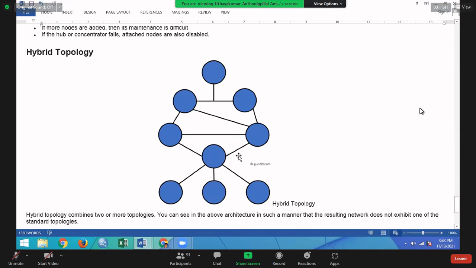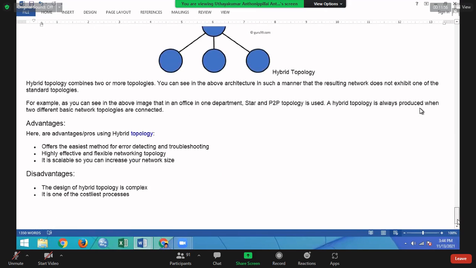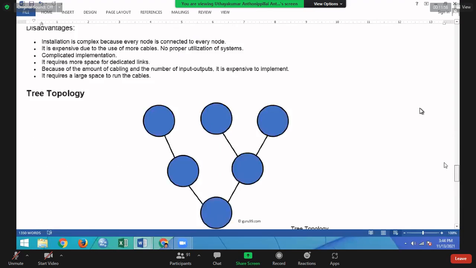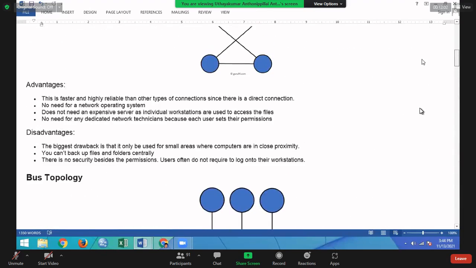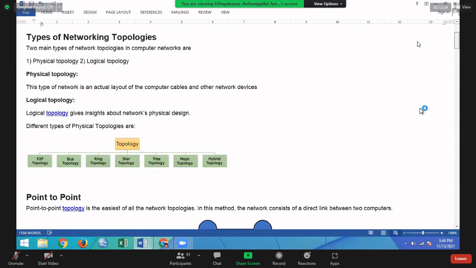Here, this one is the tree topology, and the top one is the ring topology, and then we can say this is the hybrid type of topology. Depending on our purpose, how we interconnect is the connection method, the physical connection method.